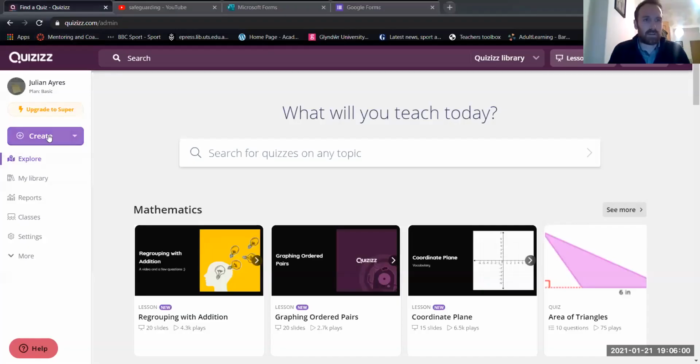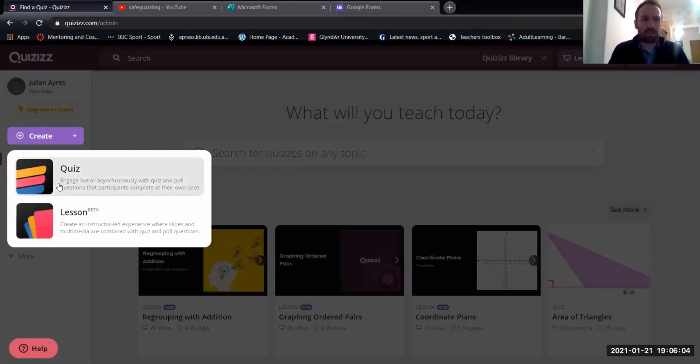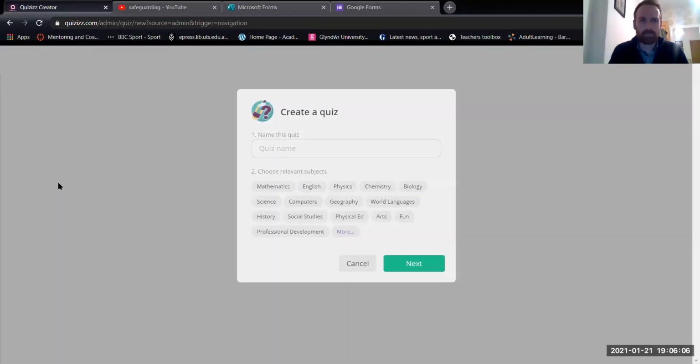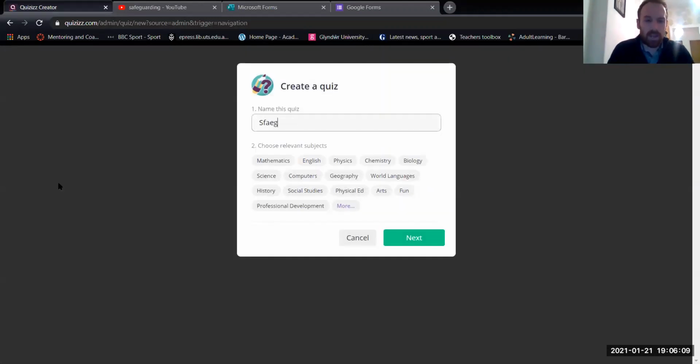So once you're logged in, you can log in with just your Gmail account or your Hub account, and we're going to go create, and we're going to go straight to quiz. So I'm going to give this a name. I'm going to call it safe. I'm going to actually spell it correctly. I'm going to call it Safeguarding